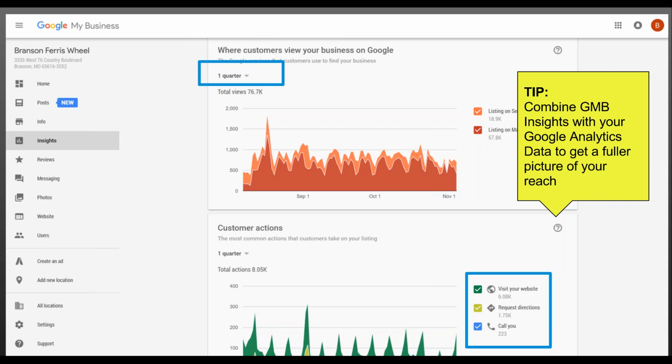And when you combine that with your own Google Analytics, or whatever you use to track the analytics on your website, you're getting a much fuller picture of how many people are seeing your business. If you really just look at your Google Analytics and you say how many people came to my website, you're underreporting the total number of exposures that you have and the number of places that people interact with your business. And that's, as a general rule anyway, certainly, there are exceptions to this, but as a general rule